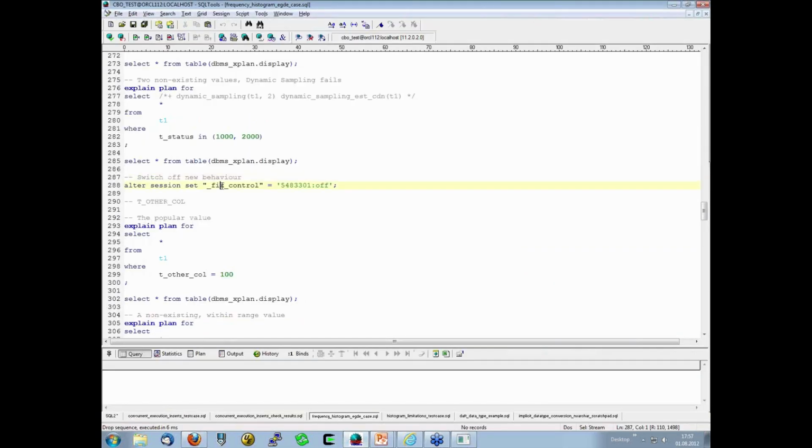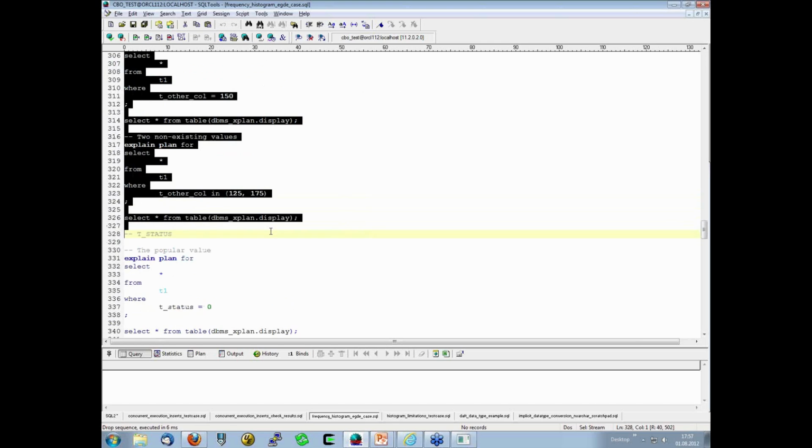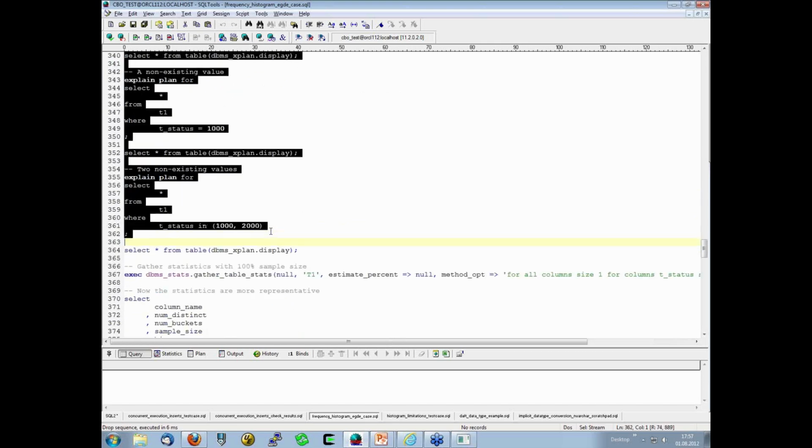Okay, and well, we could repeat the same exercise. This time I go back to the previous behavior. There is a so-called fixed control that you could use to switch off this new frequency histogram thing. And if you now run the same queries again with this feature,